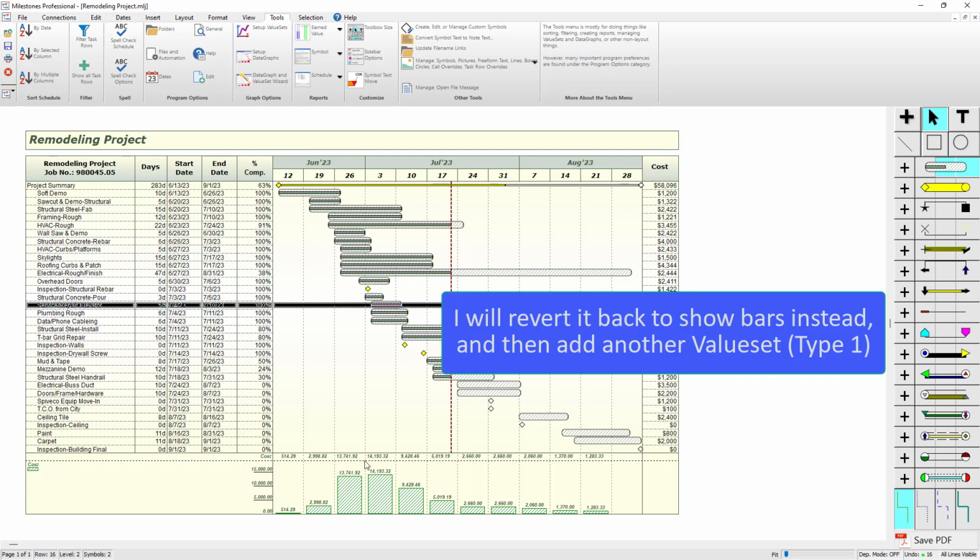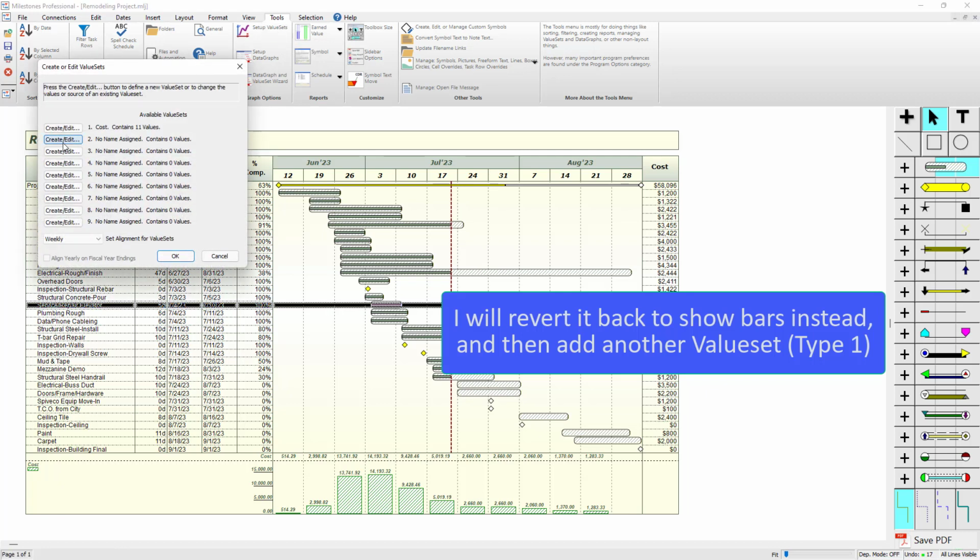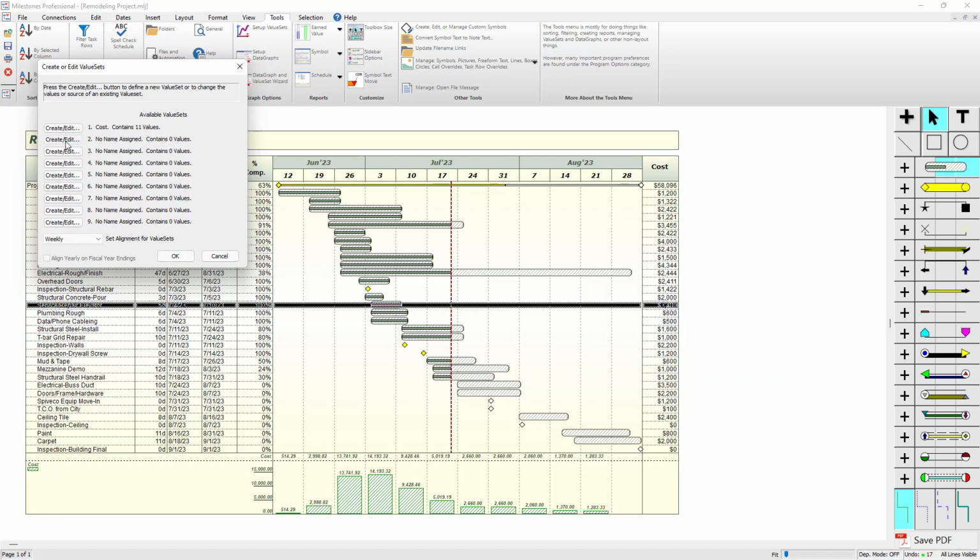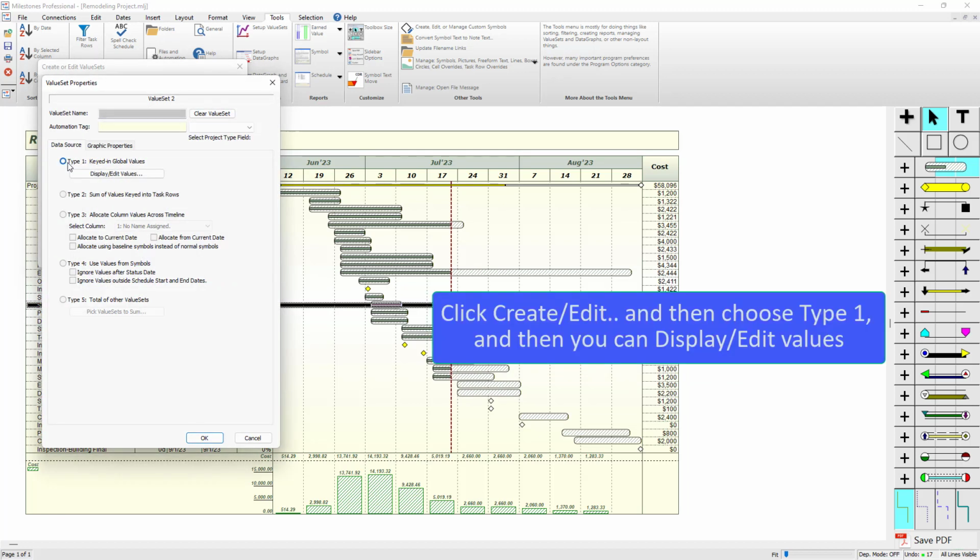You can do another type of value set. If you go to the Tools tab, click on Setup Value Sets. I'm going to make another one for this number 2 value set, create/edit. And I'll just do a keyed in global value. So if I call it, just for instance, I'll call it budget. And obviously in most cases you would just have 2 columns, one for cost and one for budget. And you could do both of those value sets as type 3. But just to show you this example, I'm going to do this type 1 keyed in global values, and click